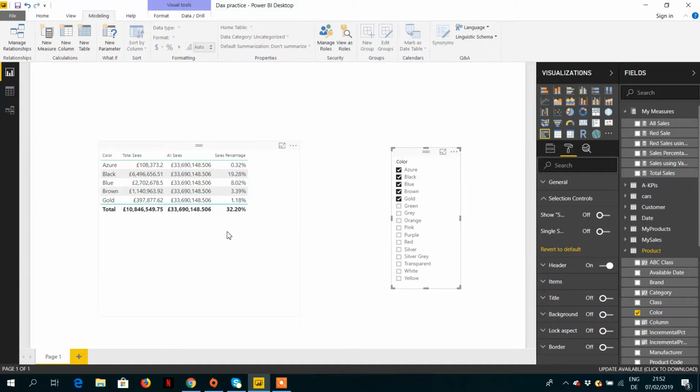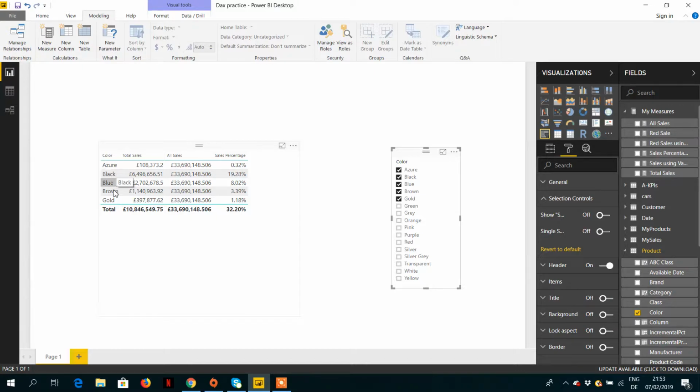We are having an issue: when I choose the first few product colors, the sum is not 100%, and when we are dividing this value, you can have a look.